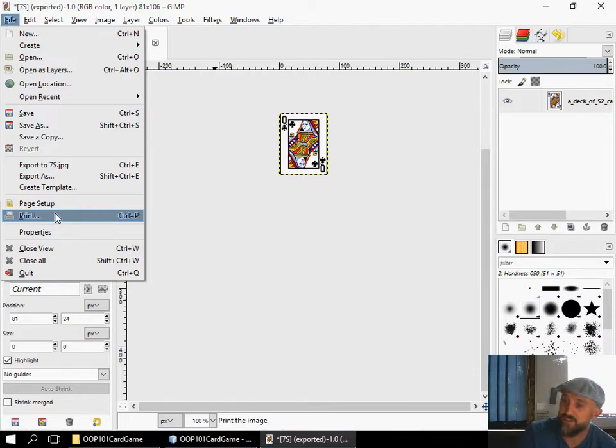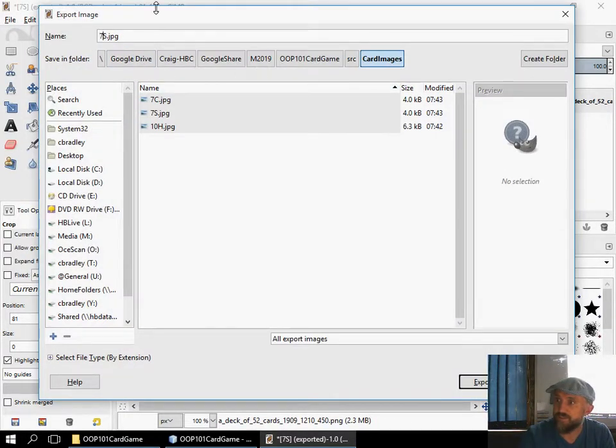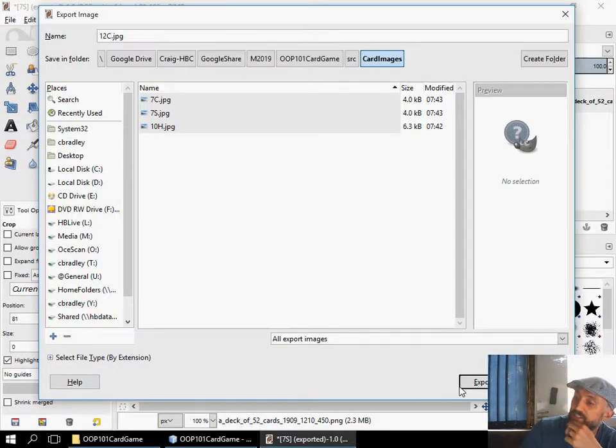XCF is the extension for a... So this will be 12C. Okay, now that we've got that, I've exported those cards. You'll see inside my